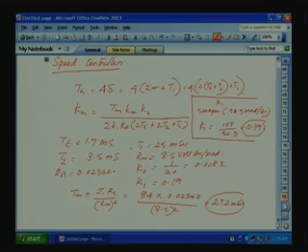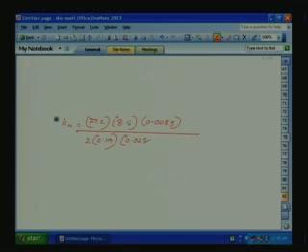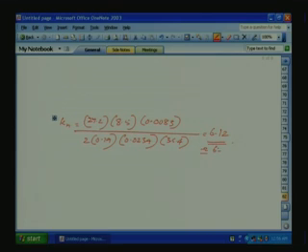Now, substituting this, what is Kn? Kn we can get very easily. Kn is equal to 27.2, substituting all the values in the previous equation, into 0.0083 divided by 2 into 0.19, 0.0234, 35.4, which is equal to 6.12. We can take N as approximately equal to 6. Then we can do the fine tuning of the PI controller while running.